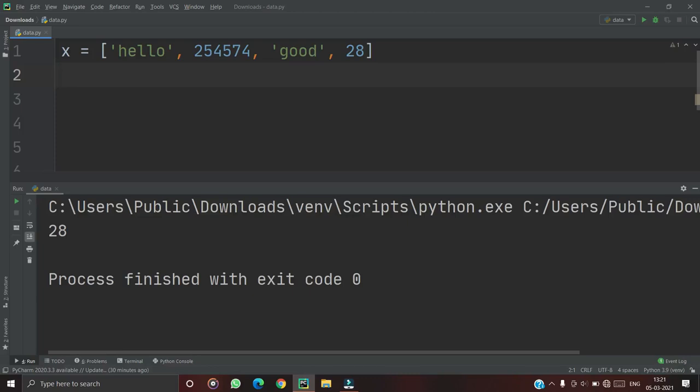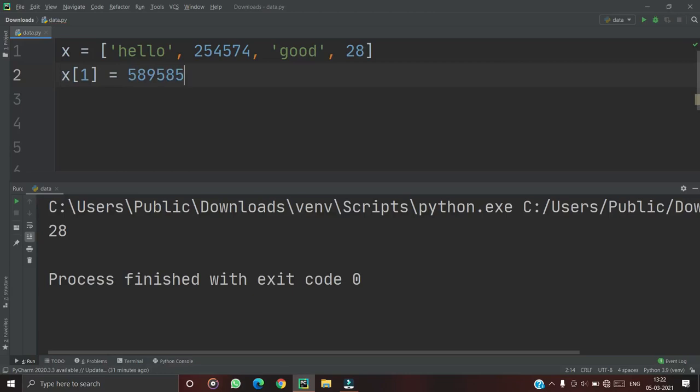Here the new number I want to add is like this.